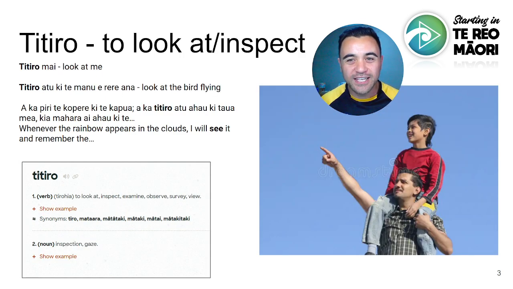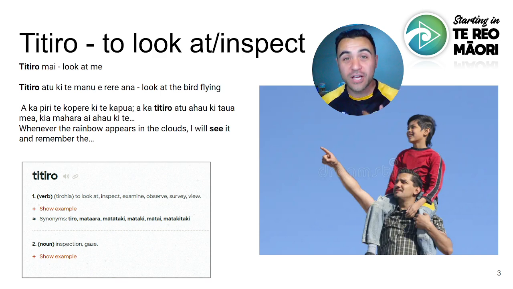And next one is, again, another beautiful stock photo down here. Titiro, which means to look or to inspect. So compared to kite, just to see and to be looking at something, titiro is used more around a direction, like there's a focus on a certain thing. That's why we've got the image here of the gentleman pointing out to show something to, I'm guessing, his son. Titiro. He wants his son to titiro at something. Look at that thing. So here's some examples.